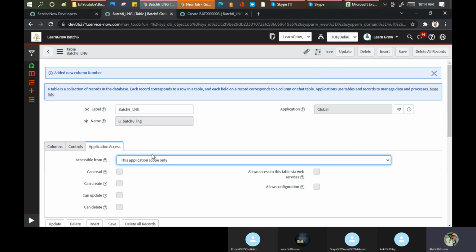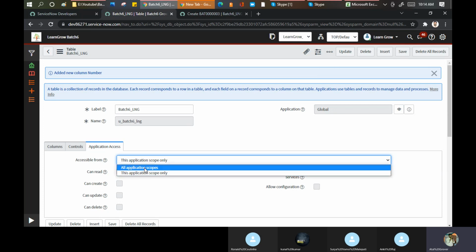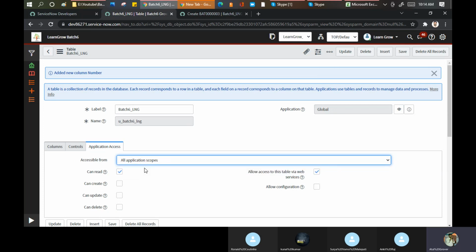When I say this application scope, it means I will provide training only to my Indian people. That is the application scope only, because I belong to India. But if I do it like this, I am happy to provide my services to any country as well. It means all application scopes can access me: US, UK, Canada, Europe, Asia, anywhere you want. So this is the accessible from.